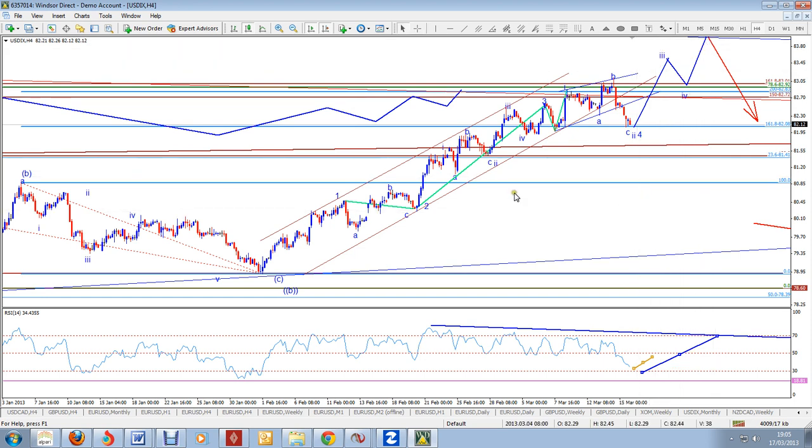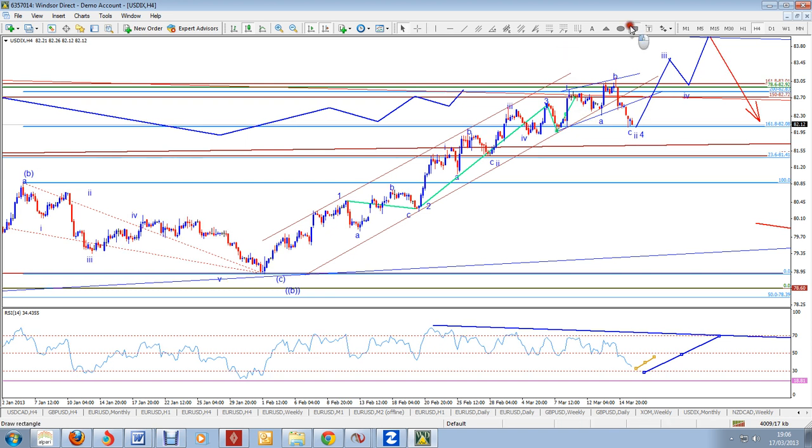Okay, so the dollar index suggests sideways to more upside, and for the time being it looks like the equity is also still moving up with the dollar. It's a little strange, but it does happen from time to time. So we will revisit this area, and probably on Monday we'll have a little bit better idea about this part of the wave here.